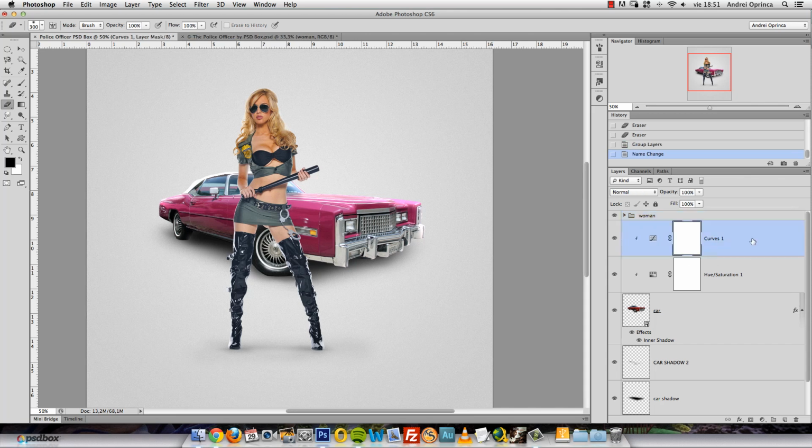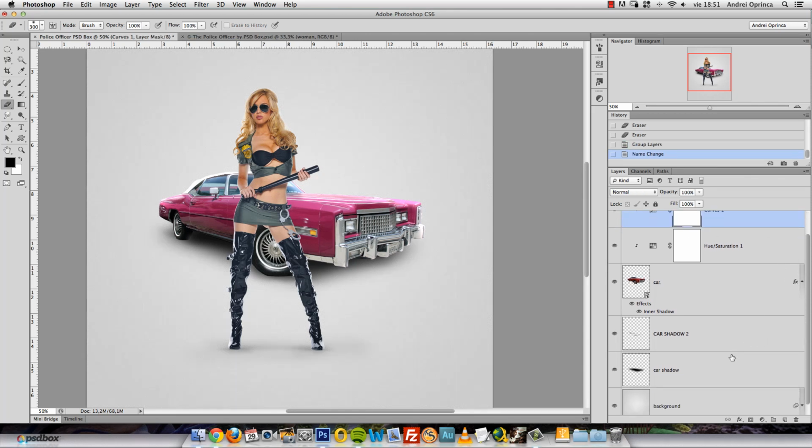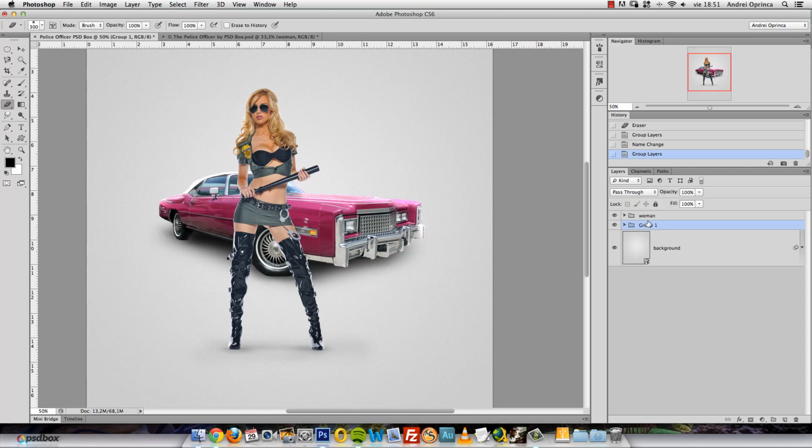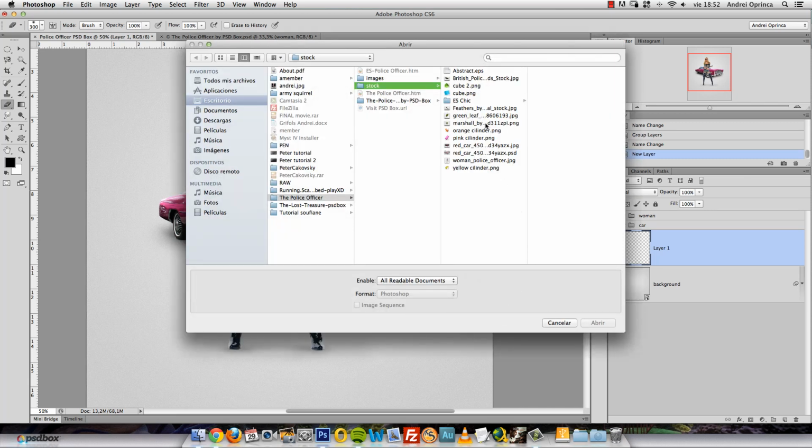And let's do the same with the car. Select all the layers of the car and press Control G, and let's name this Car. That way everything is a lot better organized. And between the background and the car, I'll create a new layer, and then I'll press Control Command O to